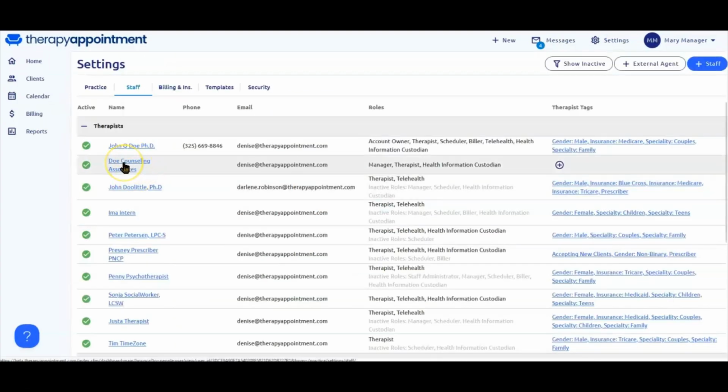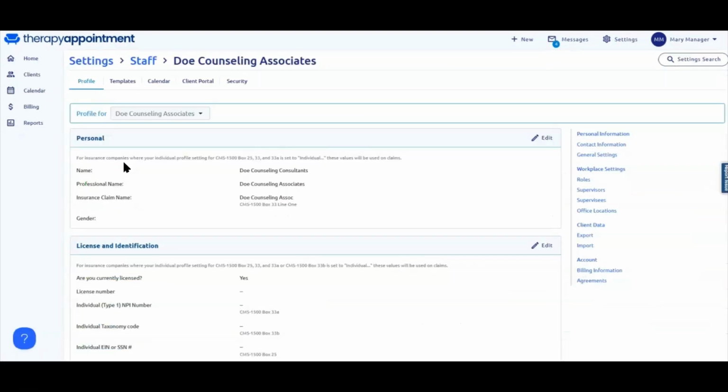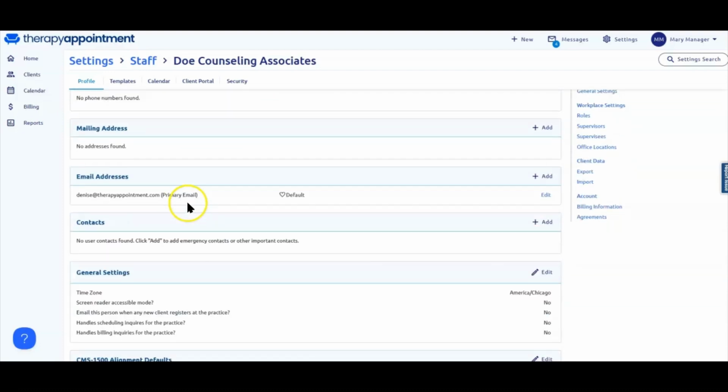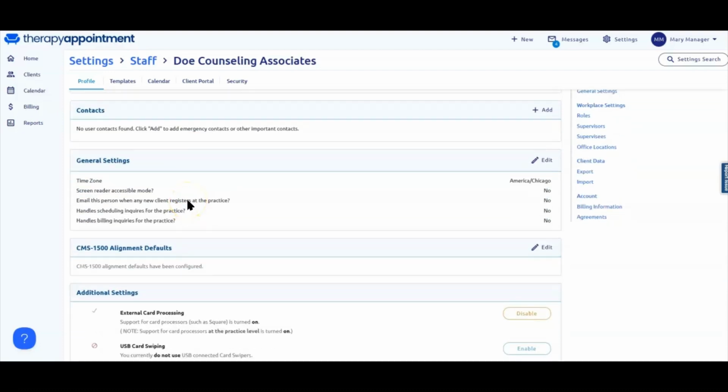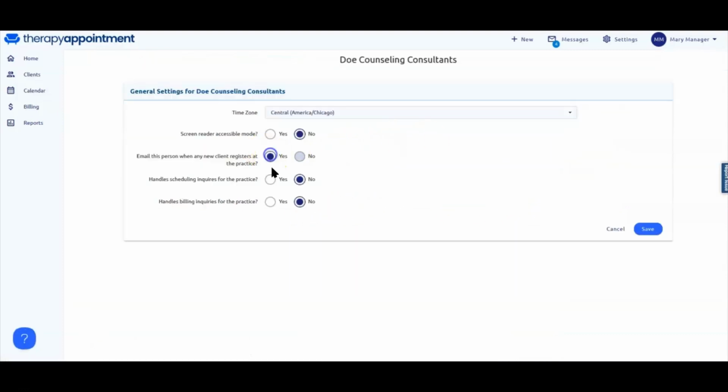Now that this account is on my staff list, I can click on it and go into this triage account settings. If this account is going to serve as a login for one of your administrative staff who handles scheduling or billing for the practice, then scroll down to this section under General Settings. And you'll probably want to ensure that it can get notices when someone registers, handles inquiries for the practices, and handles billing inquiries for the practices if that's the case. Okay. You can always edit this at another time, but in my own practice, I find that this is the most